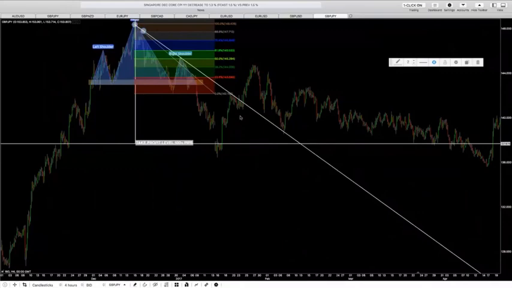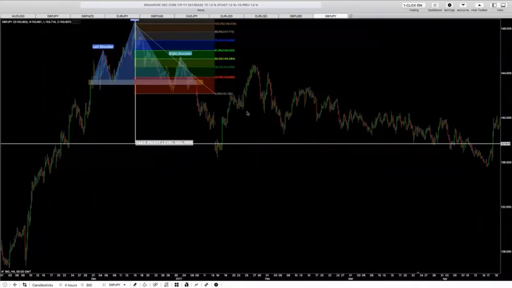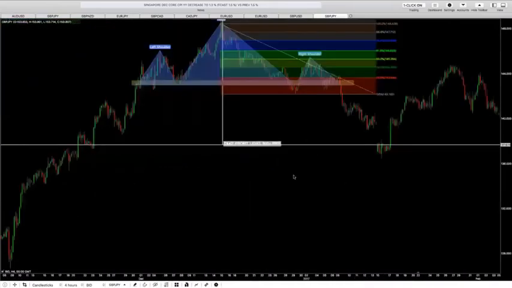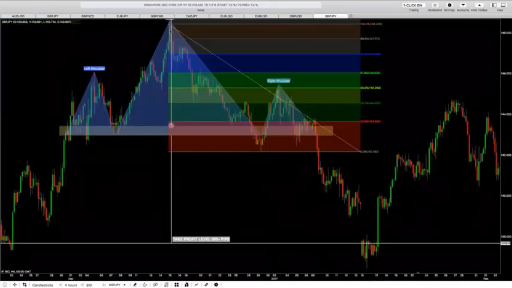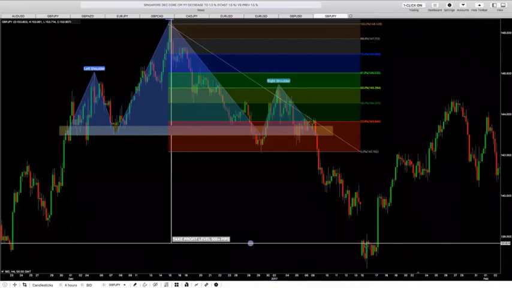Okay, so let's get out of here. All right, very good. Now that we put our Fibonacci, now that we spotted our pattern, we put our neckline, which was the yellow line, and we put our take profit level so we know where price is coming to. We took our Fibonacci's and put them from high to low, from the high of the head to the low of the neckline. And then we saw the rejection go back up. We saw the retracement or the pullback go back up and fail.